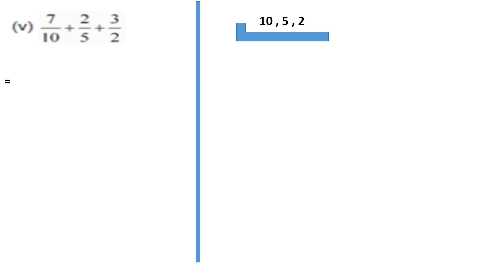So I'll take the LCM. 5 2s are 10, 5 1s are 5, and 2 is not in table 5, so I will write 2 as it is. Then I'll divide this 2 by 2 like this. 2 1s are 2 and 1 and then 1. The LCM will be 5 into 2 into 1, that is 10. Here the LCM is 10.